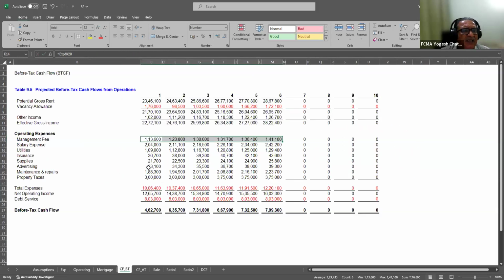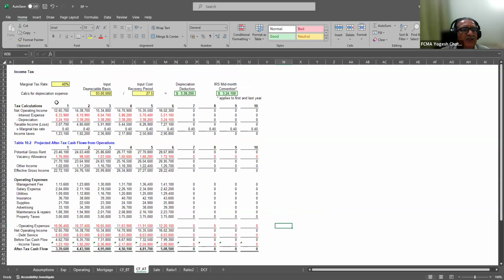Then these are the cash flow before tax. So gross potential rent, vacancy allowance, other income, all these expenses will give me the net operating income, less debt service. So that is my before tax cash flow. And then similarly, I can work out the after tax